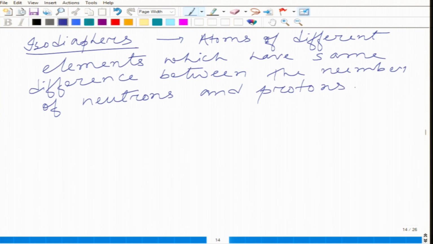Okay, so they are different elements, like if one is X with mass number A1 and